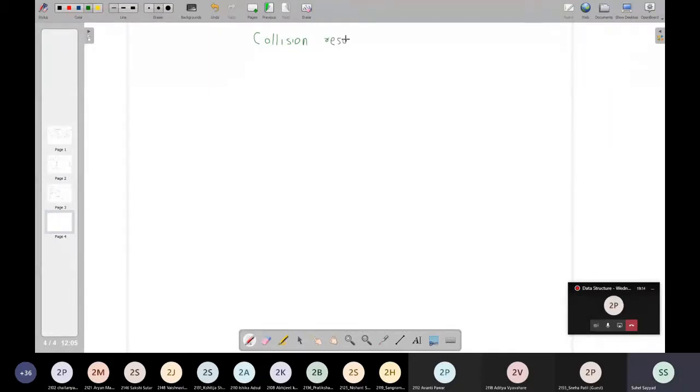So may I ask, roll number 18, is roll number 18 present here? Yes, sir. Can you tell me what is collision? When there is the same hash for two different values. Same hash address or same hash value for two different key values. Very good. You can mute yourself. So as correctly said, collision occurs when you have multiple key values having the same hash address.